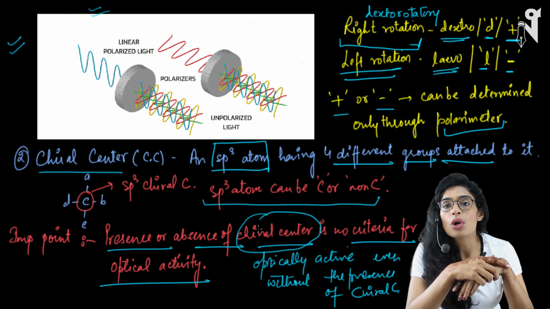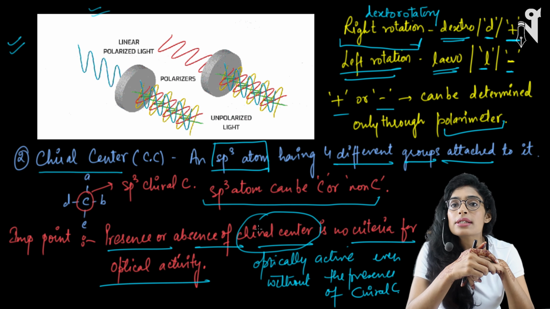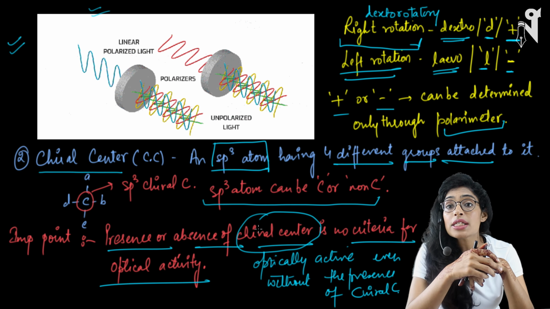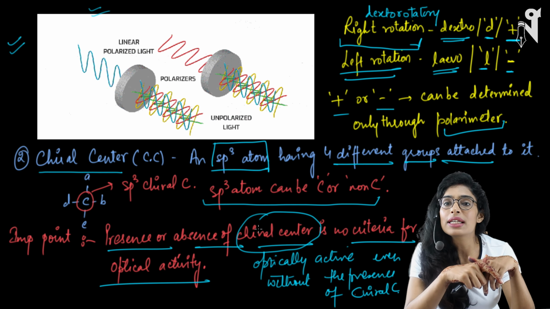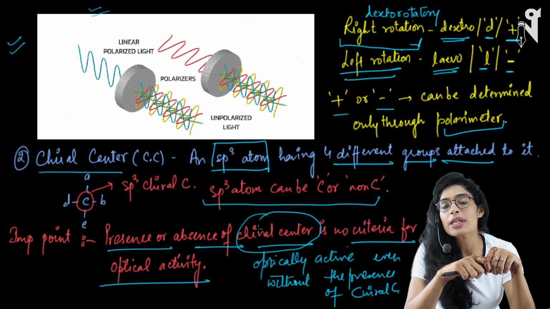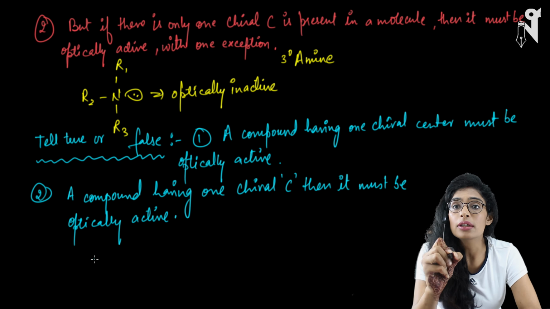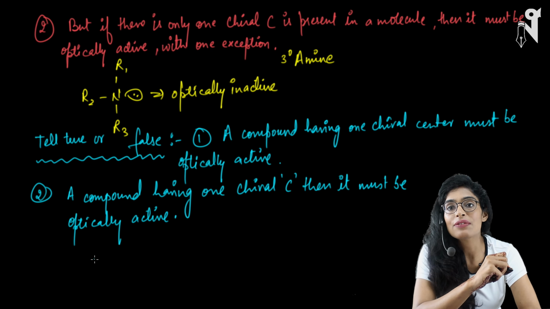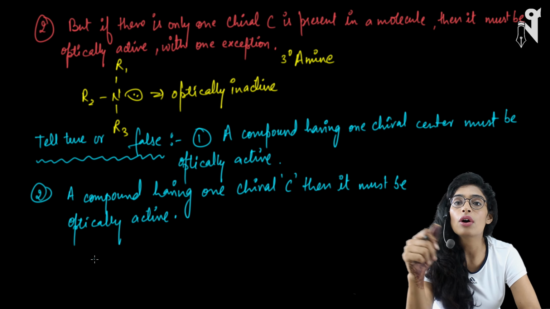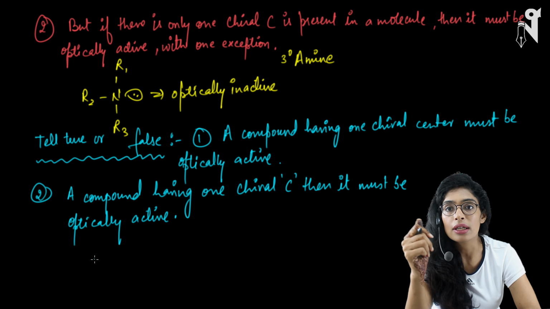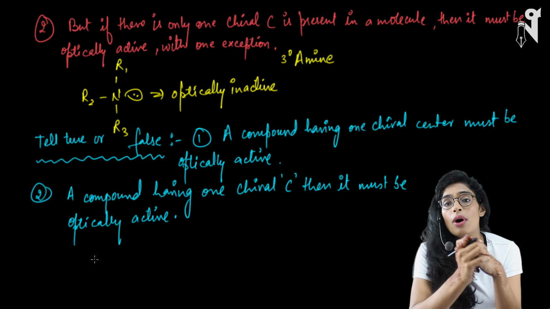So when the chiral center is not a mandatory condition, why are we even talking about it? We are talking about it because in certain cases, the presence of a chiral center can tell you that the compound is optically active, but not in all types of compounds. So let's see in which case we are sure that if the chiral center is present, then it will be optically active. The cases where the presence of a chiral center ensures that the compound is optically active and will shift the plane of plane polarized light by a certain angle are very limited.